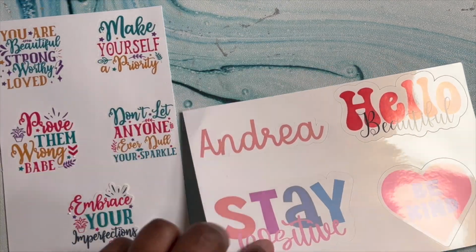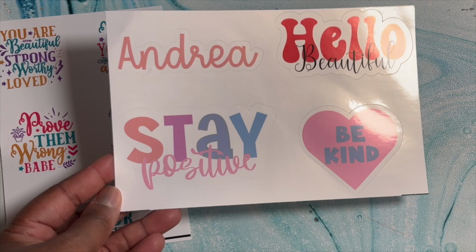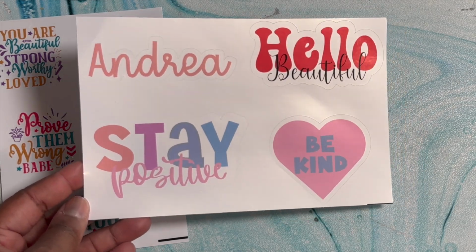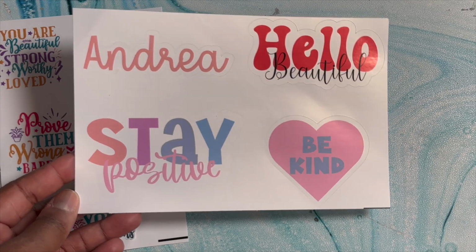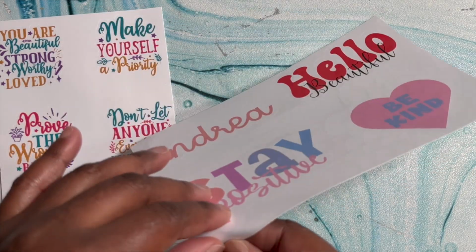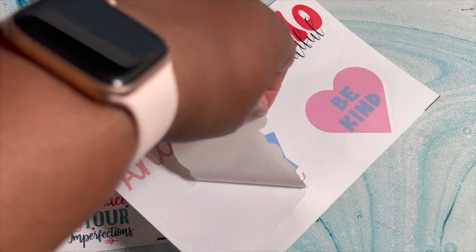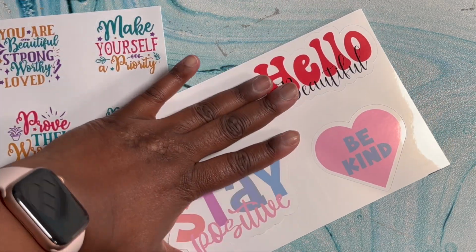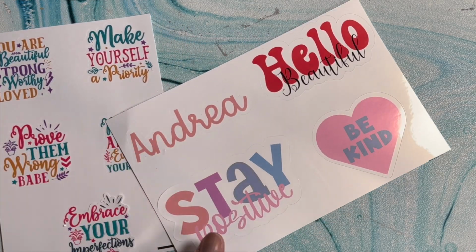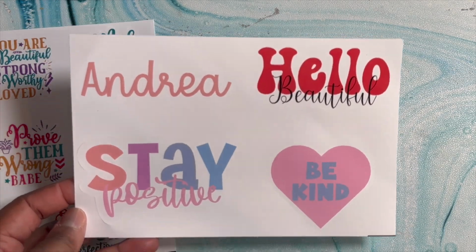And then for these, I did want to show these because these I did have to go through and do the extra steps where after I added everything, because I made these from scratch, I did have to go and flatten these. So same with these, everything did cut, and these are fairly large. These do come on 8.5 by 11 sheets. I did just go ahead and cut them down